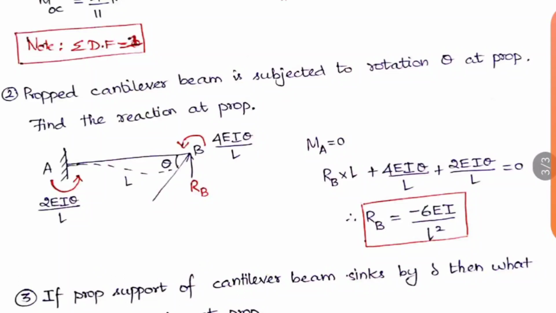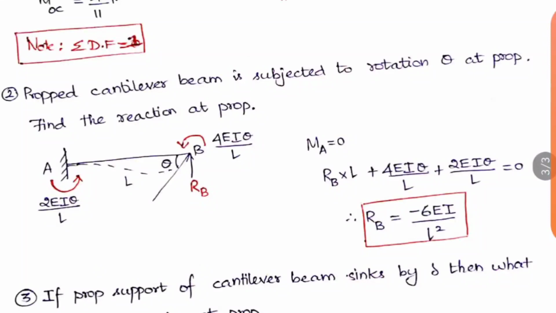Okay. So now here our problem is only with the rotation. So remember this 4 EI theta by L. So we are applying it at the point where we actually need the answer, that is, we are finding the prop reaction. So there we are applying this value. So the farther end is what? It's a fixed end. So we know that when it is fixed, only half will be transferred there. So it is 2 EI theta by L at that end. So always remember, you apply the rotation at the direction where you actually need the value.